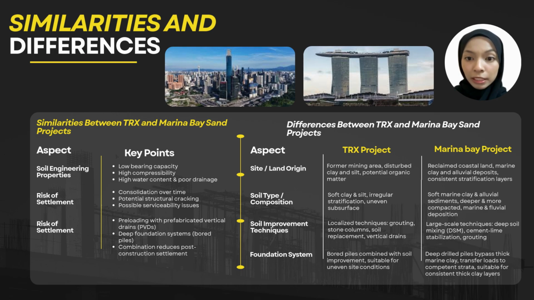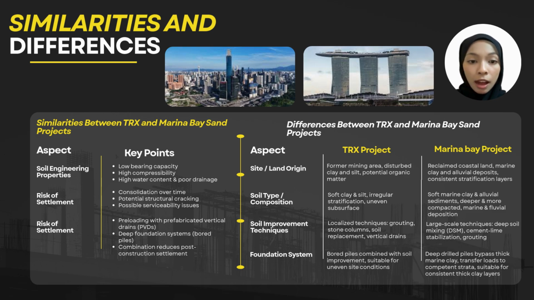This slide explains the similarities and differences between the TRX project and Marina Bay Sands in terms of soil conditions and engineering solutions. Firstly, looking at the similarities, both projects were constructed on weak ground with low bearing capacity and high compressibility, which pose a high risk of settlement. Because of this, both projects required soil improvement measures and deep foundation systems to control settlement and ensure structural safety. Techniques such as preloading with vertical drains and bored or pile foundations were used to improve ground performance